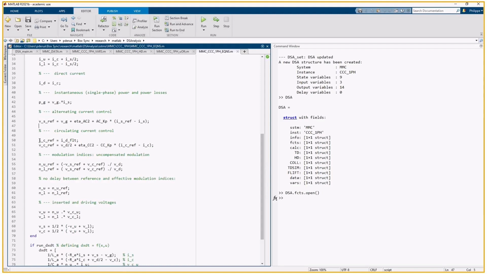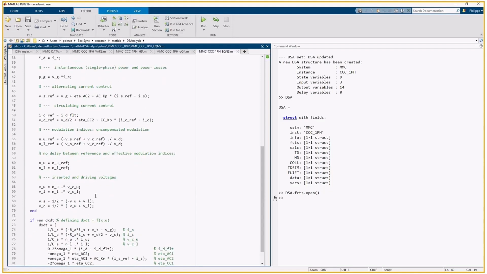Those are expressions related to the circulating current control. These are the expressions of the modulation indices, at least their references. Naturally, the references are equal to their actual values because there is no control delay implemented between them. And lastly, I have expressions for the inserted upper arm and lower arm voltages, as well as the differential mode and